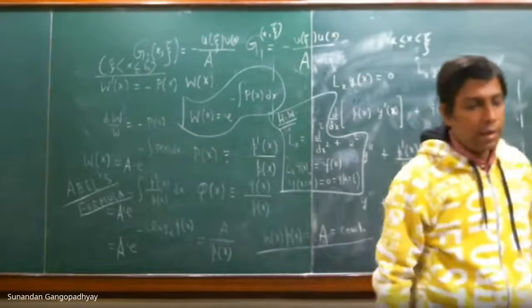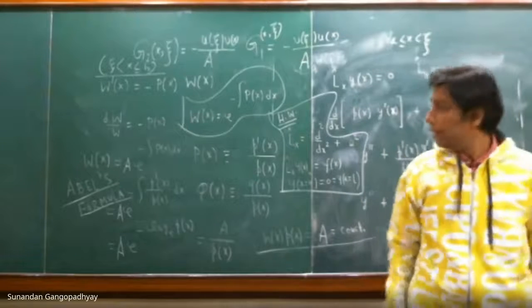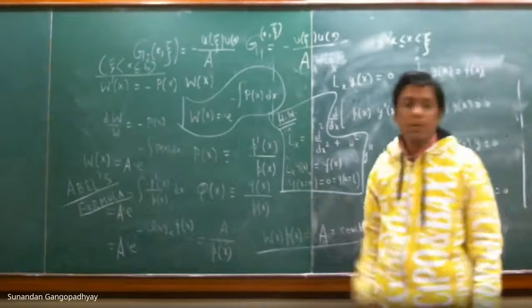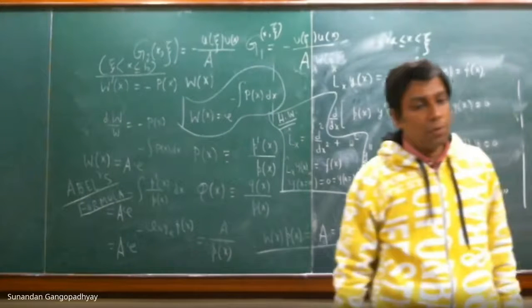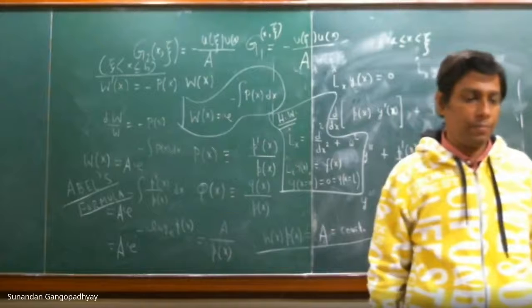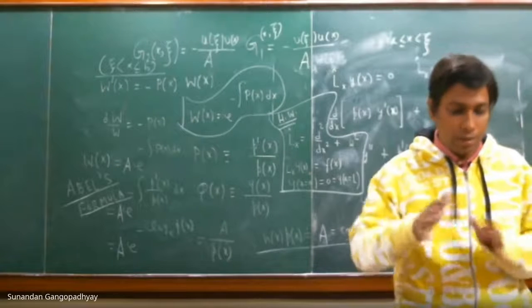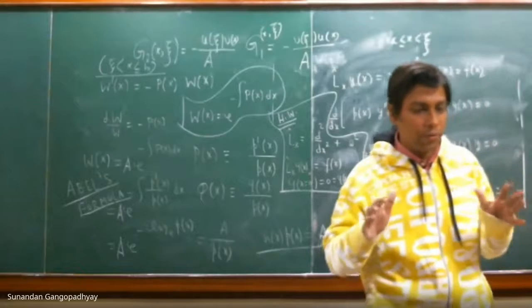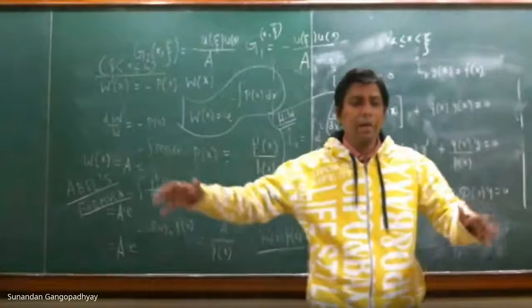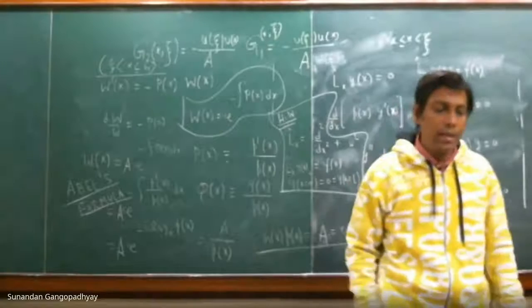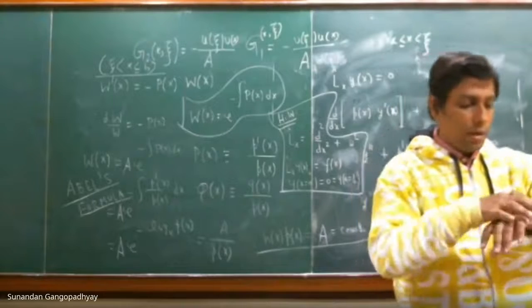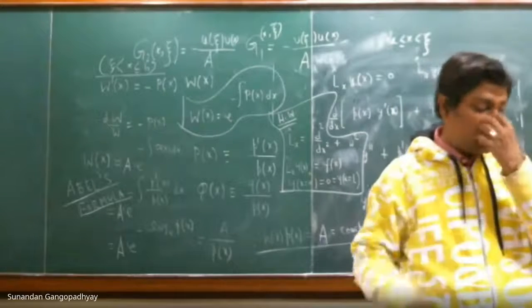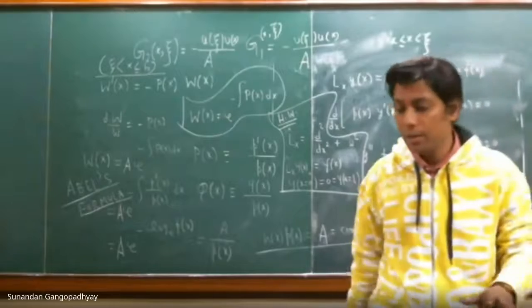If you can calculate g1 and g2, now you can proceed to calculate the form of the solution y of x. You just put g1 and g2 inside that integral which I gave you, the form of the solution, and you can write down the full solution. So this I leave to you as a homework exercise. With this, I would like to stop here.